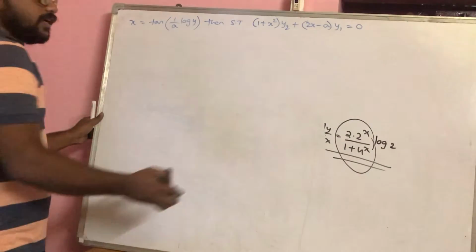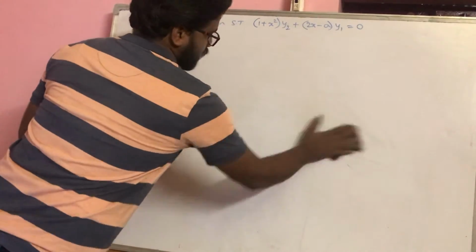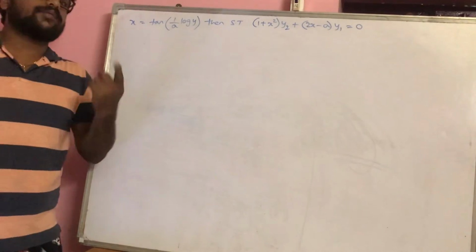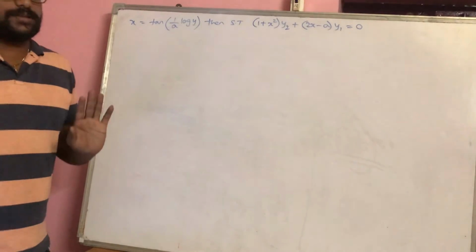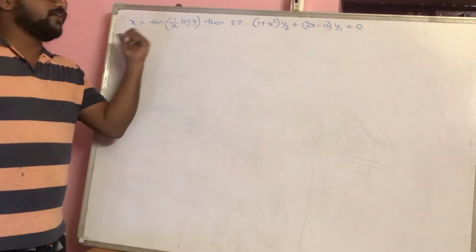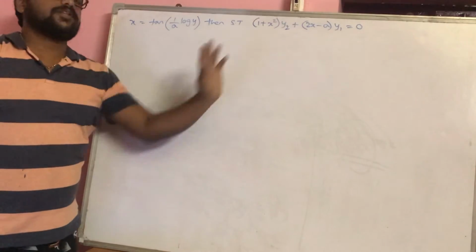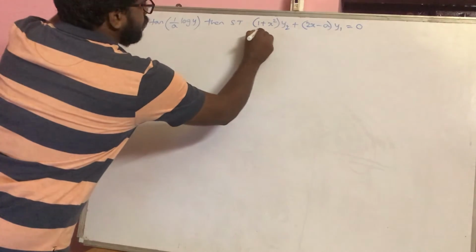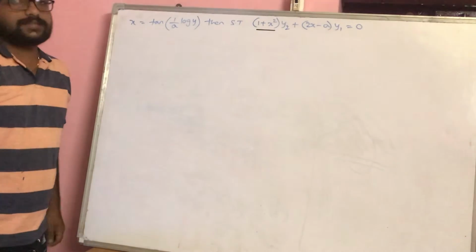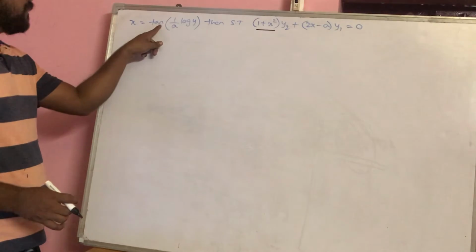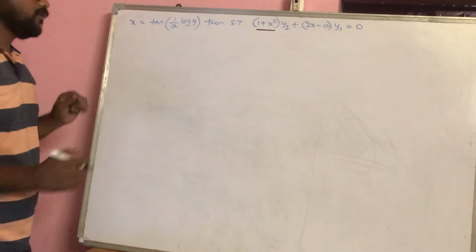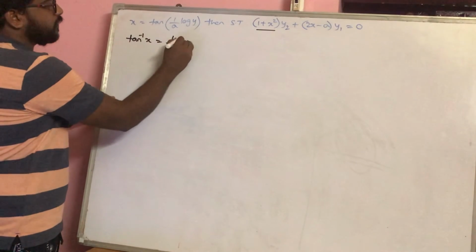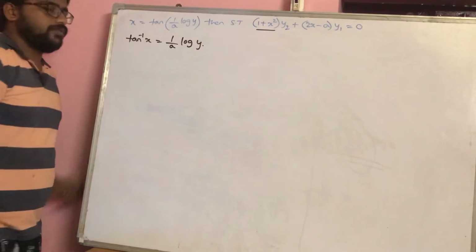Before going for any solution, please spend some time on understanding the question, and one more thing: do we have to do any further modifications in the question? How will you get a thought of doing further modifications here? By observing the proving part. If you observe the proving part here, I have 1 plus x square, and this is a tan of some function. So if I bring this tan function to the other side, I will get tan inverse x is equal to 1 by a log y.